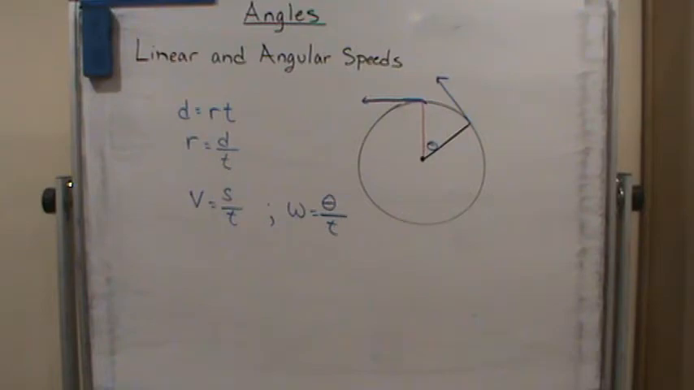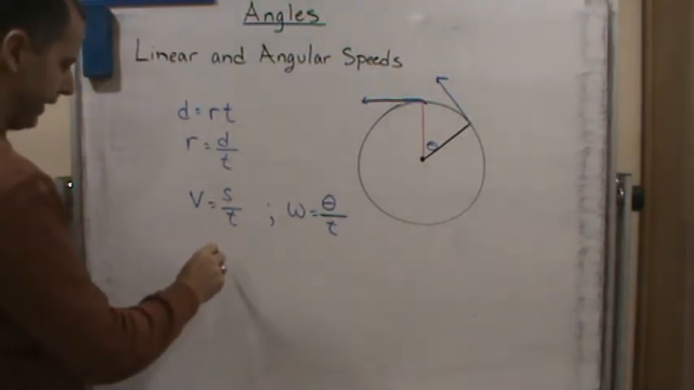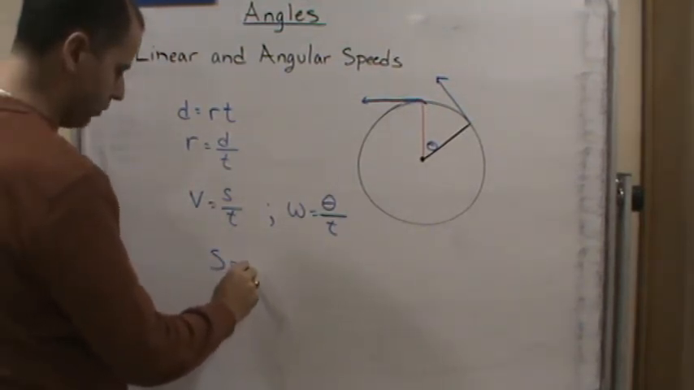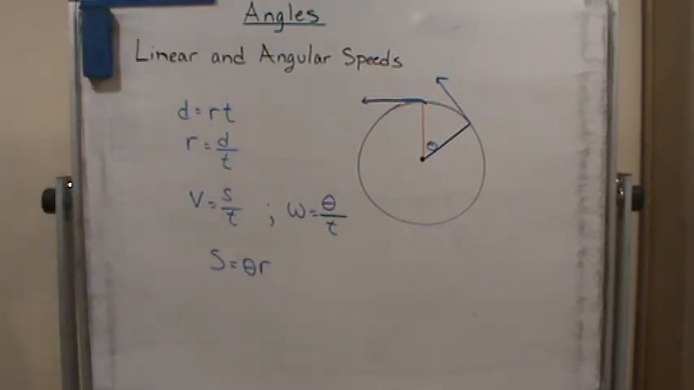Okay, so now if we combine both of those definitions, the definition of angular speed and arc length, then we can find a relationship between angular and linear speeds. So let's do that. If I know that S is equal to theta times R,